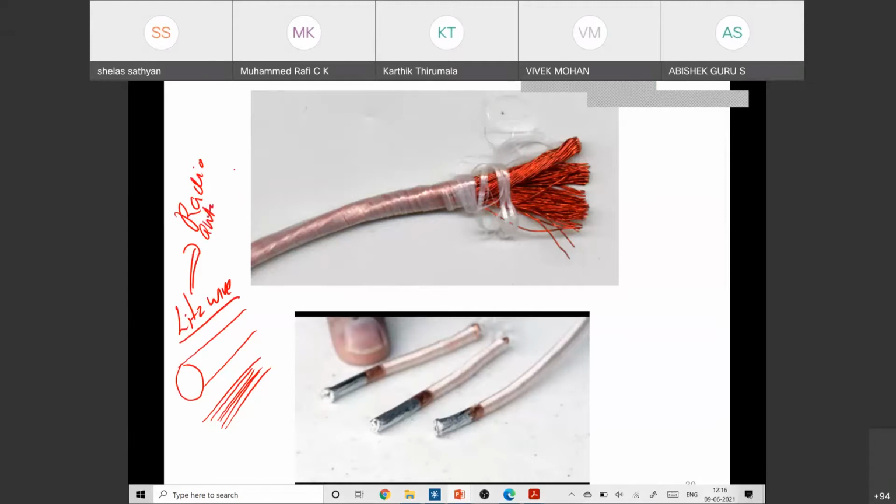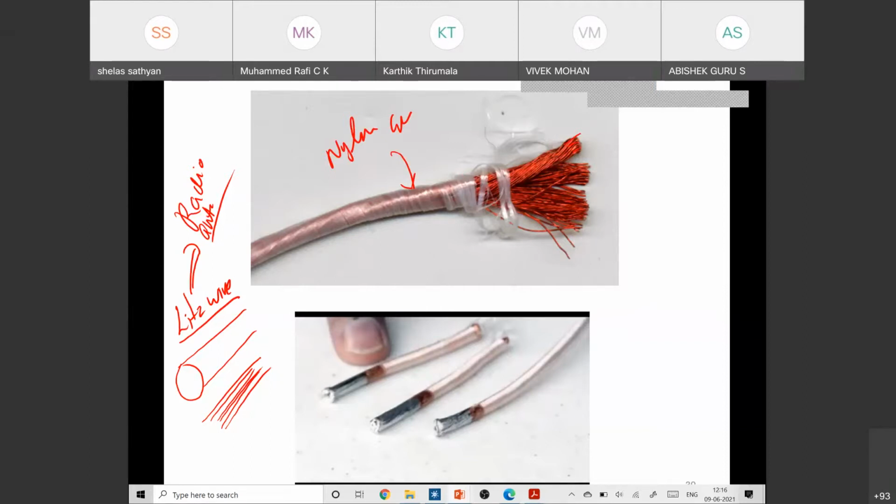In our radio shops, people will be selling this antenna or radio wire. You can see this is a Litz wire. There is a large number of small conductors, and all these conductors are insulated from each other. Finally, on the top of this, there will be a nylon cloth, and you can just remove this nylon cloth.